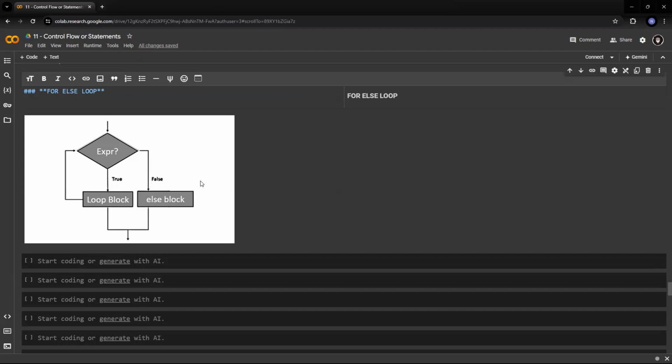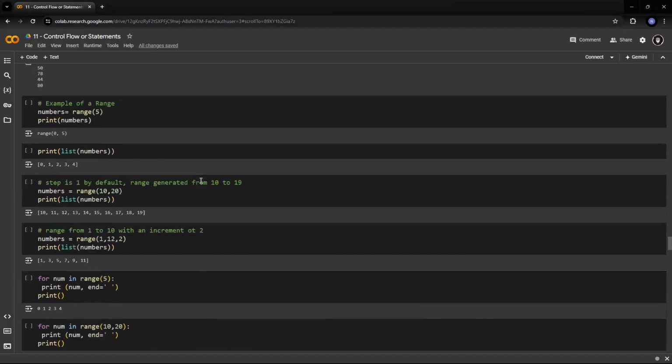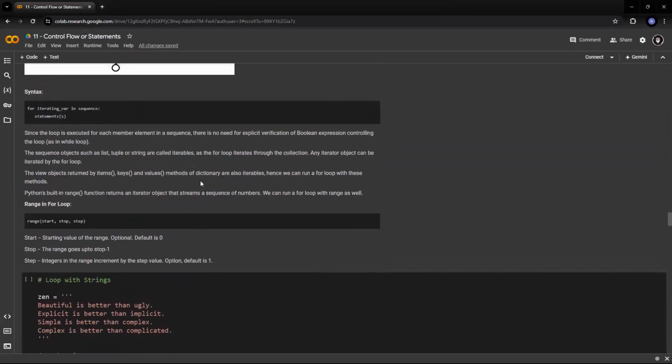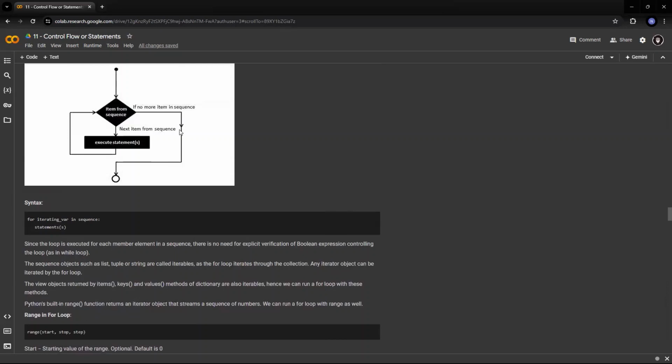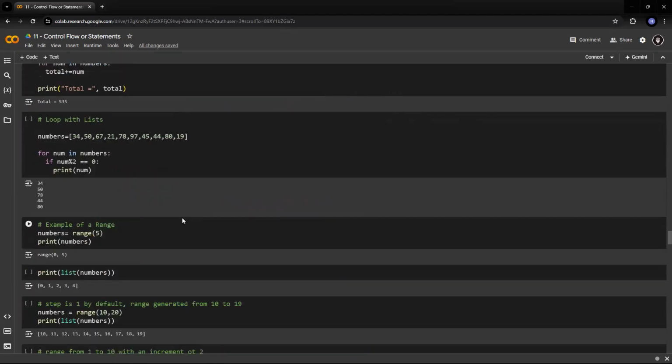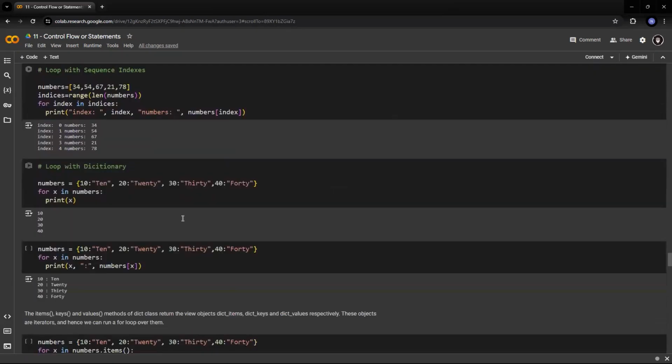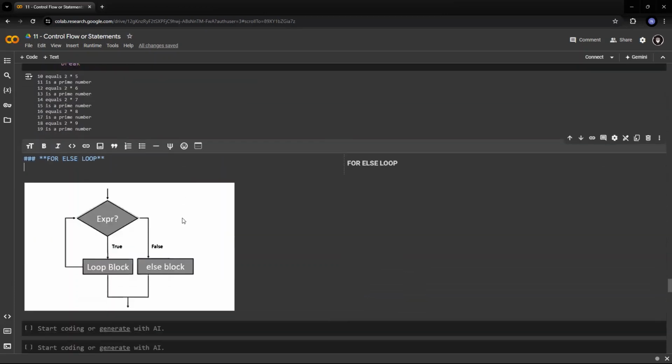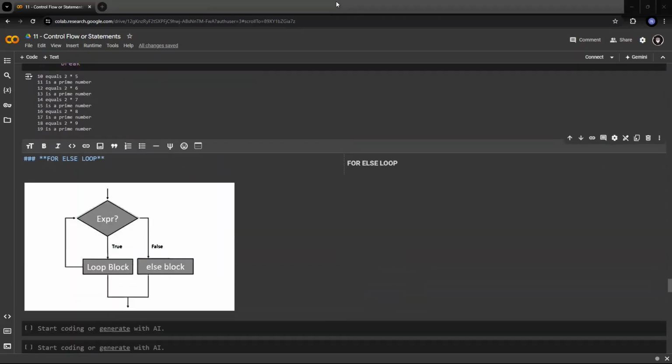Previously, in the for loop which we did, there was no else block. There was no else block. It straight away came out of the loop and executed the next statements. But over here in for else,